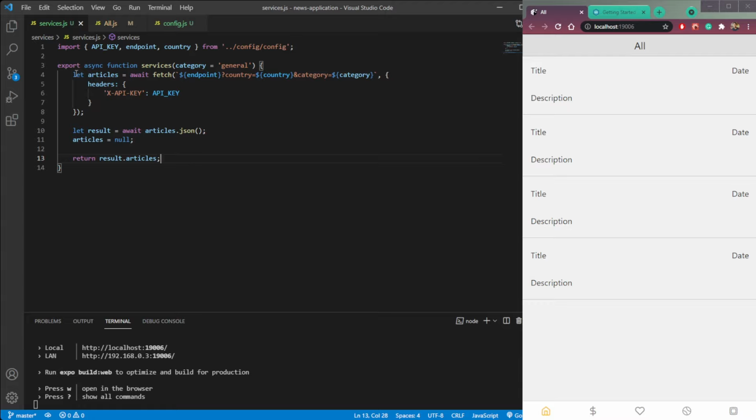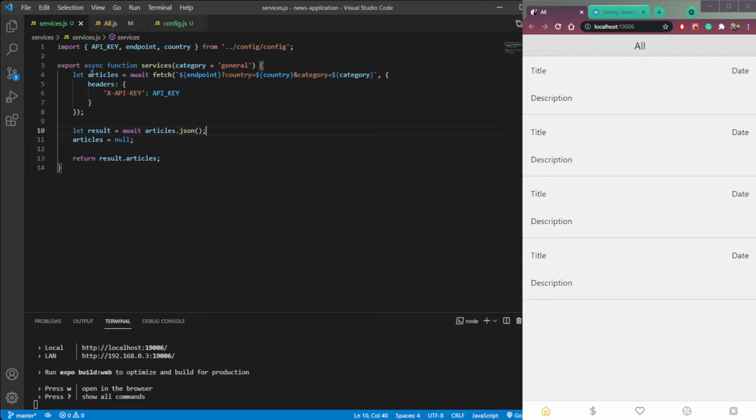So we have these articles. So in this article we are fetching this data from the endpoint, then passing country and category as query parameters. Then we are passing the API key as headers here, not just appending it like this, because that was not working properly. Then here we are setting this result variable, and inside the variable we have this article.json.